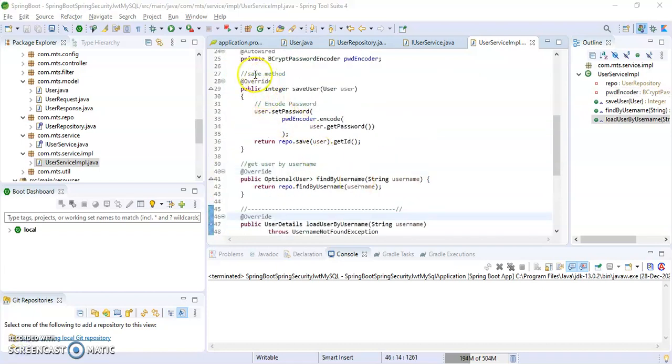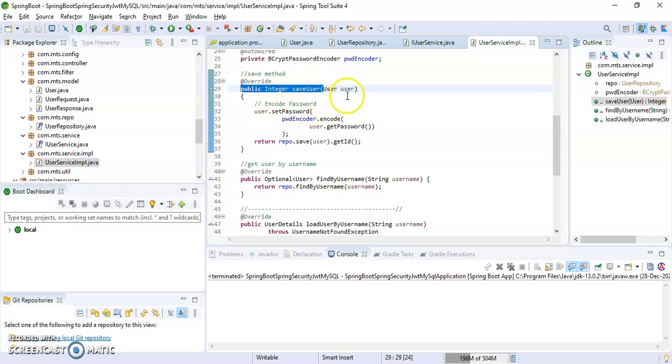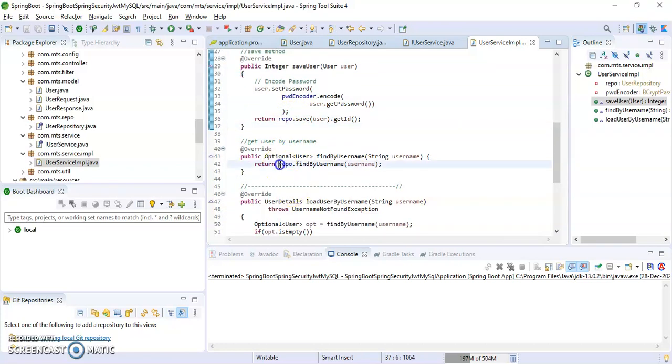Then you have to define the two methods. Save user: it will get the user, call setPassword, and it will encode the password into encoded form, and it will save the user into the repository using the repository bean. Then you have to find the username by using the repository bean, findByUsername.